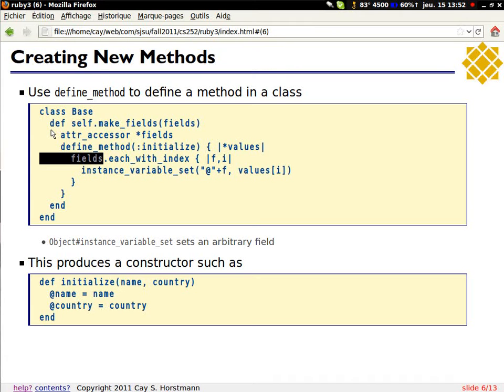So this thing here defines a constructor that takes, in this case, a name and a country, and it sets the name and the country instance variables. The define_method that takes a colon initialize argument, that's the same as the def initialize? No, this thing here produces this method. This is the code to produce this method dynamically.